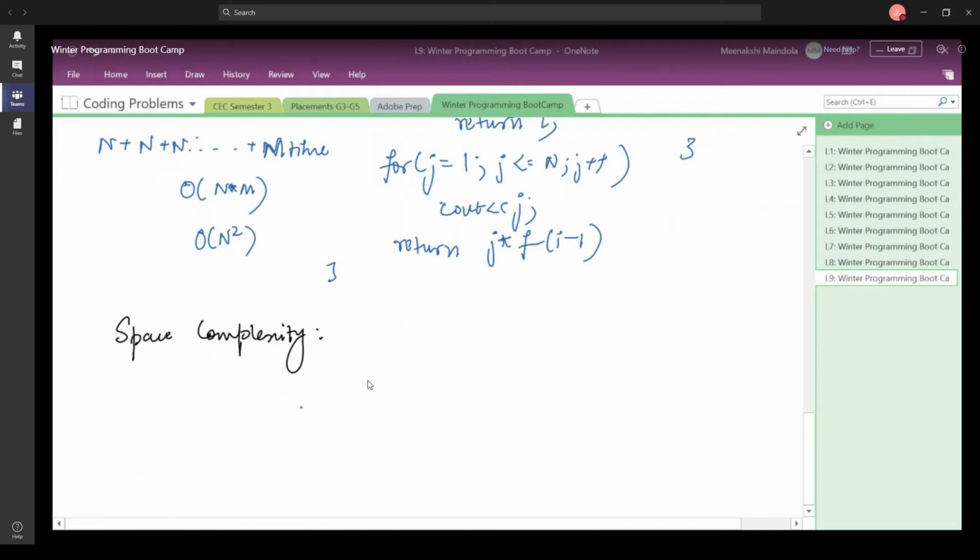We looked at that for a program which had only the main function, and the main function was going to take up some space on the stack, wherein it is going to store its local variables and other pointers, right?